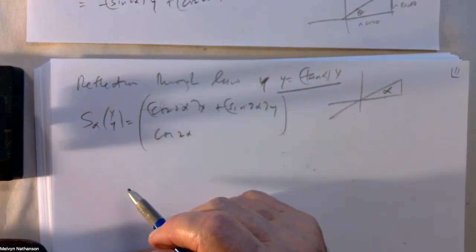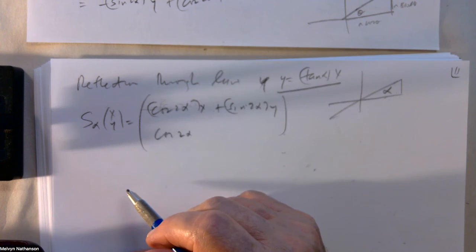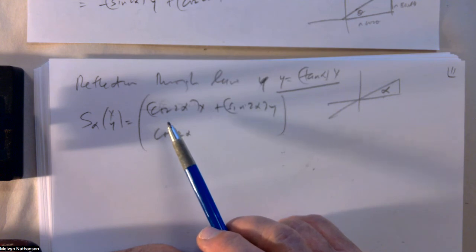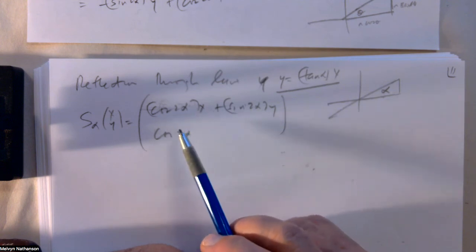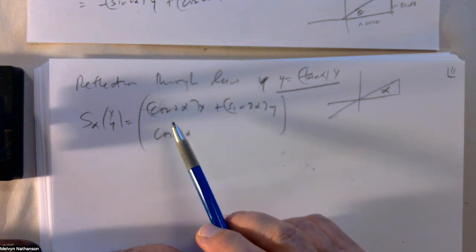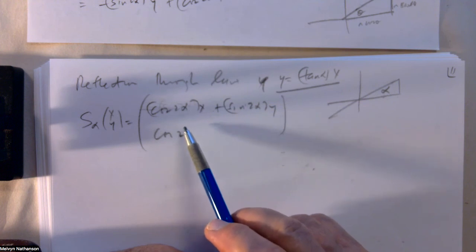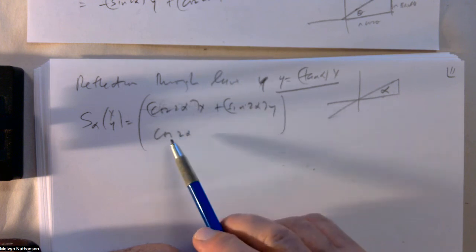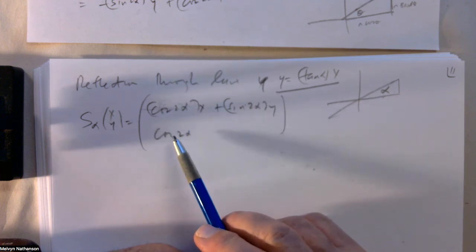Something doesn't look right here. So x prime is x cosine of 2 alpha plus y sine of 2 alpha, and y prime is x times